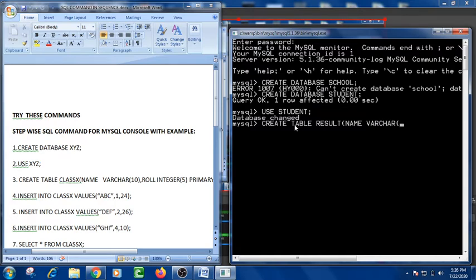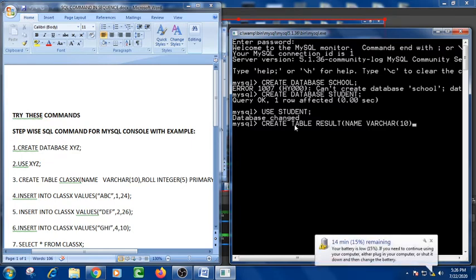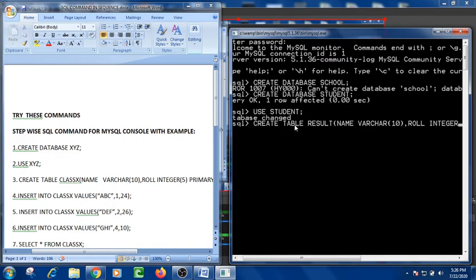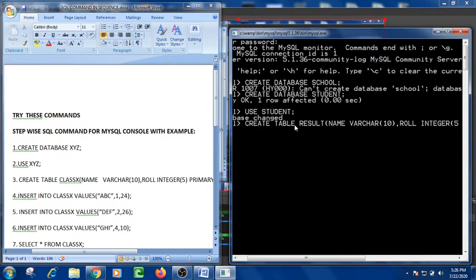Suppose that I am also going to define the length of the data field. Then again give the comma, the comma must be there. Then roll, it's an integer with the length 5.